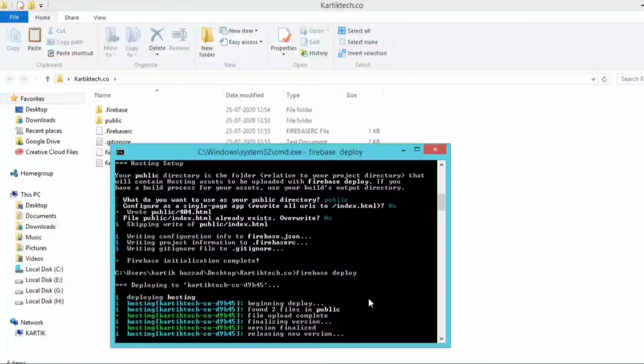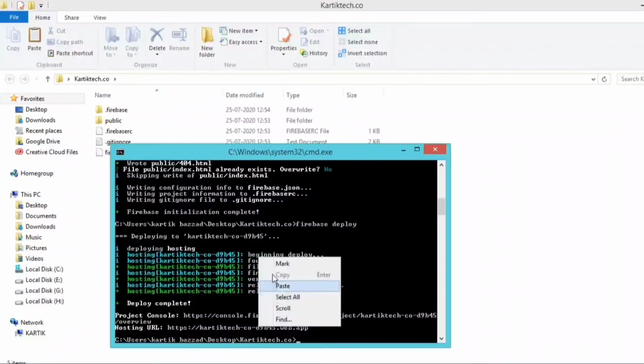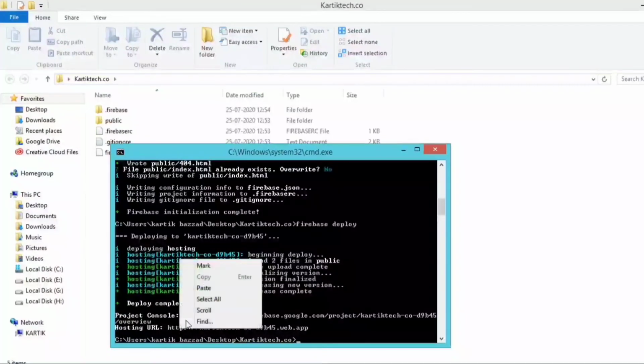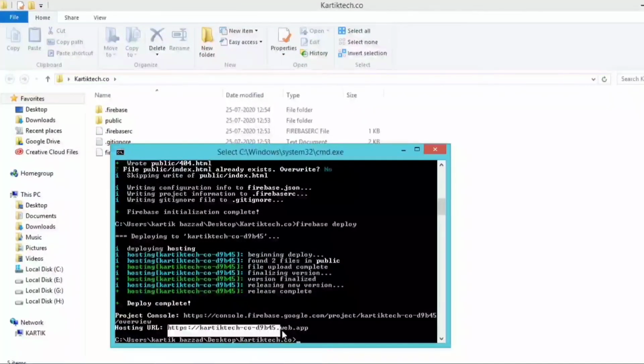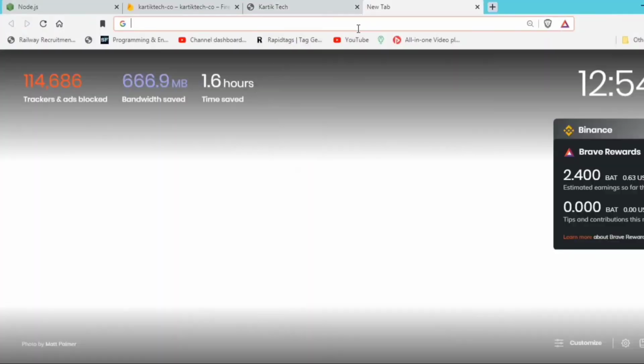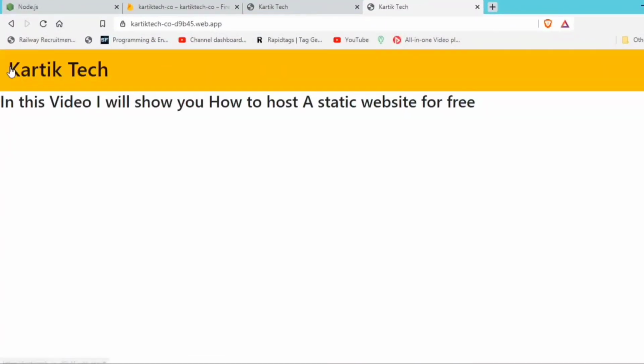Now the hosting URL is the URL of your website. Now press Control C. So that's how you host your website on Google Firebase Cloud.